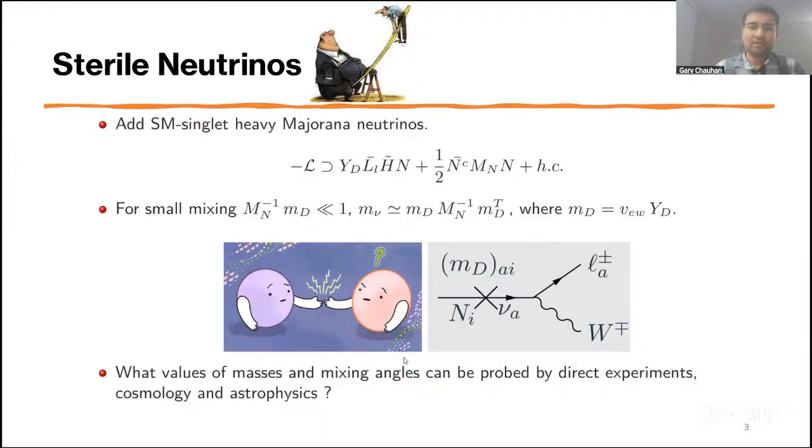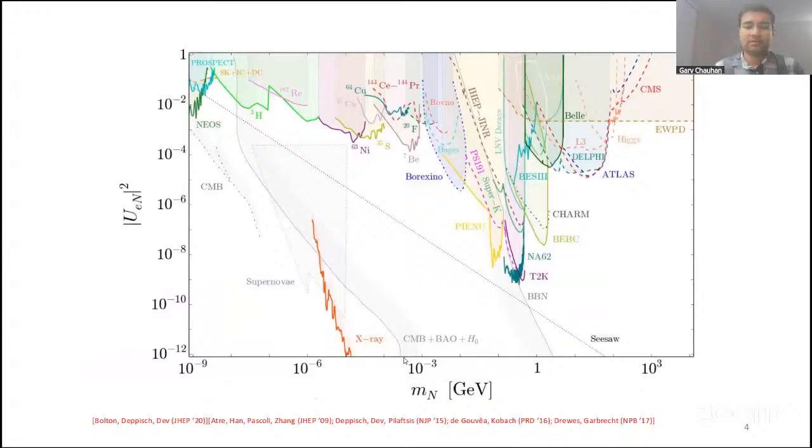The question then becomes: if this exists, what values of masses and mixing angles can we actually probe and test in direct experiments on Earth, or through cosmology and astrophysics? In this talk, I'll be focusing on the astrophysics part. As an example,